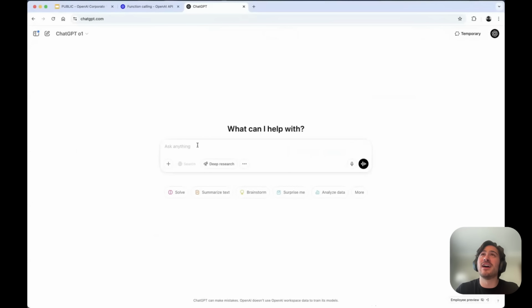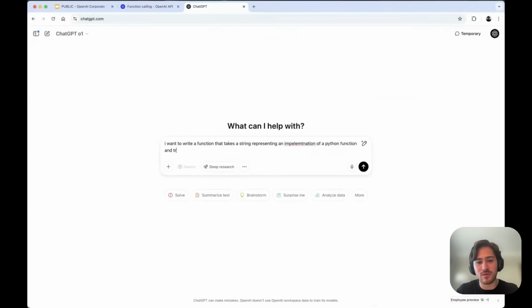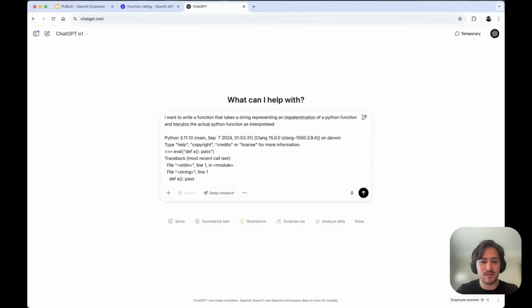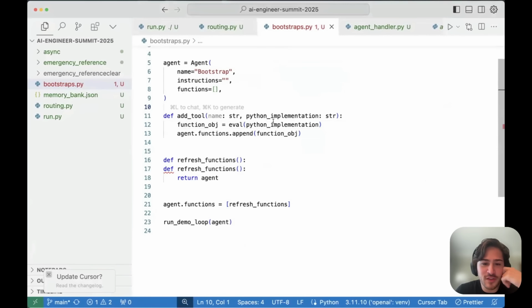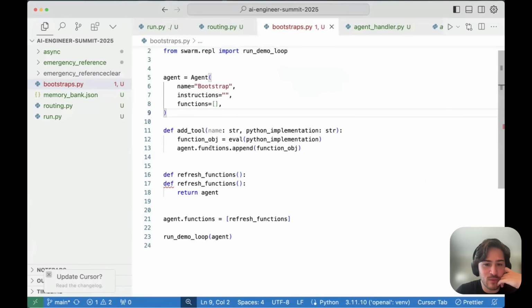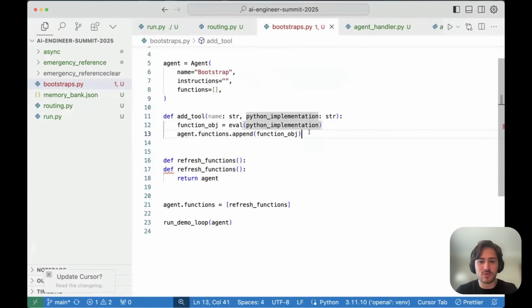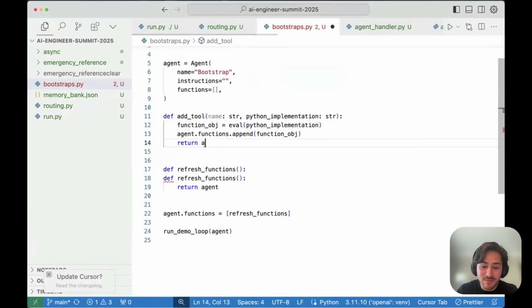I guess I want to write a function that takes a string representing an implementation of a Python function and returns the actual Python function as interpreted. I don't know. Let's see what it does. So essentially, we want to do that. Once we have the function, then we can just append it to the agent, and then we might need to reload it. So we can then just return the agent. And this might be it.